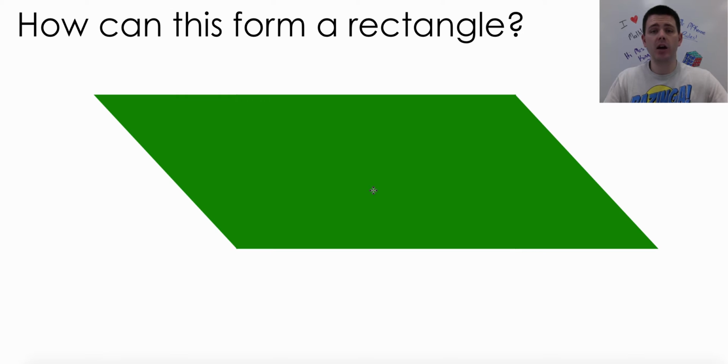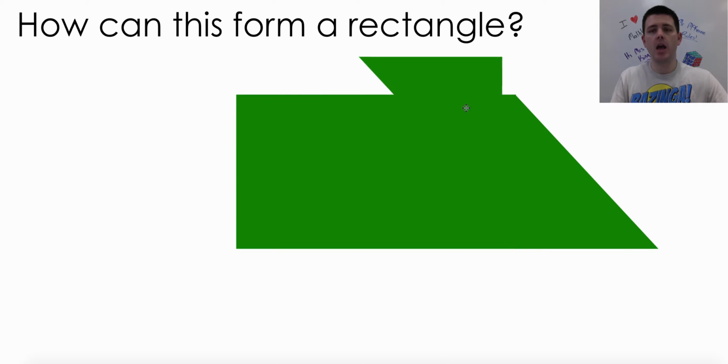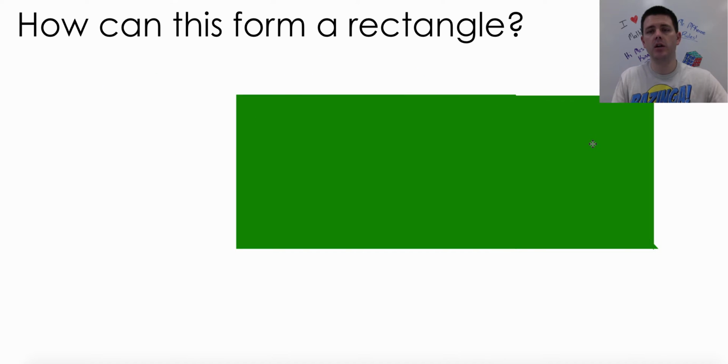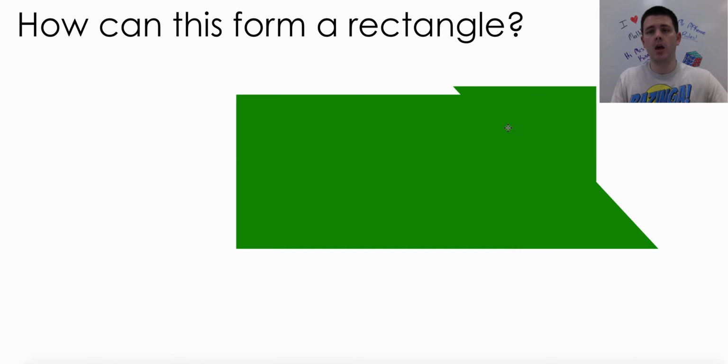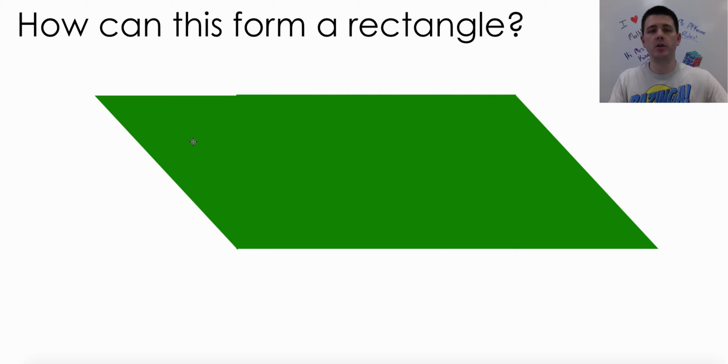To find the area of it, think of it more like a rectangle. If I were to chop off this piece here and move it over here, notice I would effectively make a rectangle. Same amount of stuff. I didn't lose any material. All I did is rearrange where some of the parts are to make a solid rectangle. So that's the part I want you to be thinking about today: what would this look like as an actual rectangle? Because for my rectangle, I'd need my base